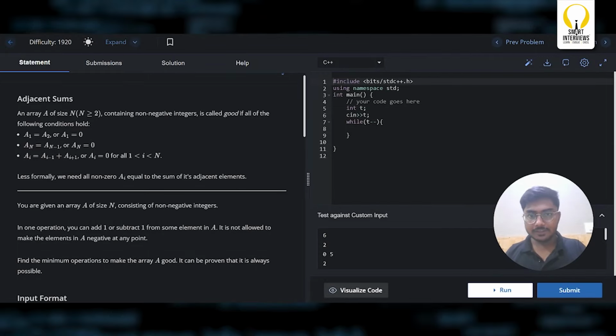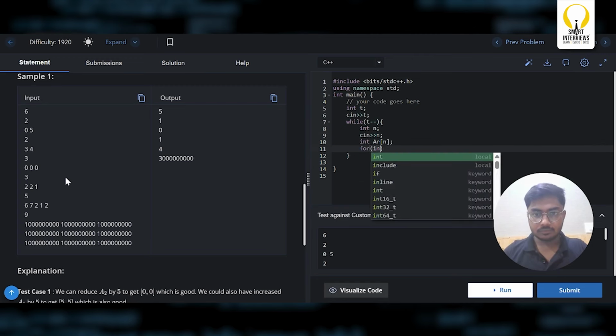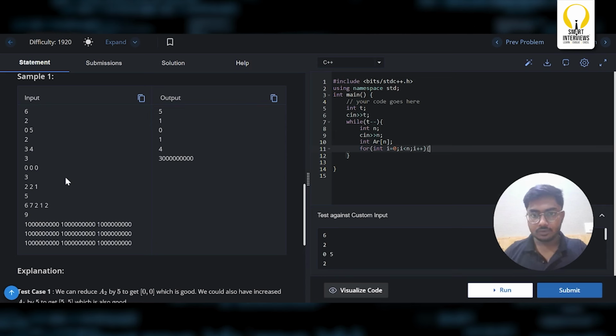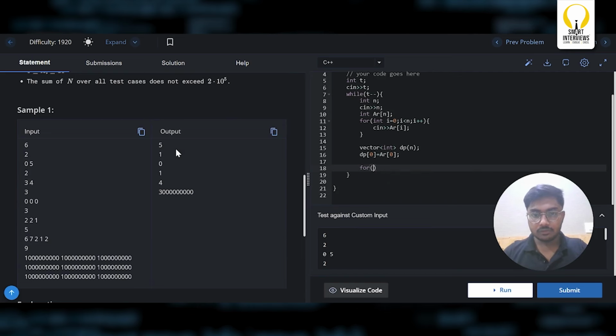Let's start with coding of the adjacent sum. What all is given to us? We are given the number of test cases and the size of the array, n. I would create an array of size n. I would create a DP array of size n as well. We can say that DP of 0 is going to be array of 0. And for the remaining elements, from 1 to n,